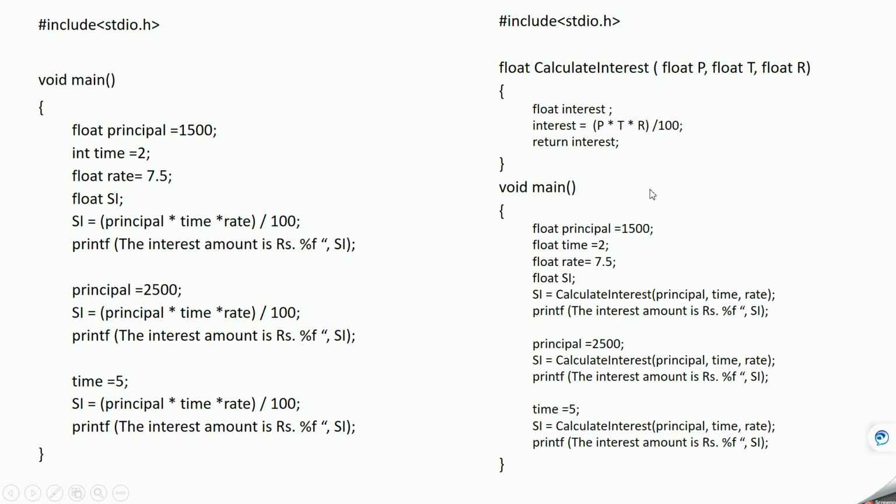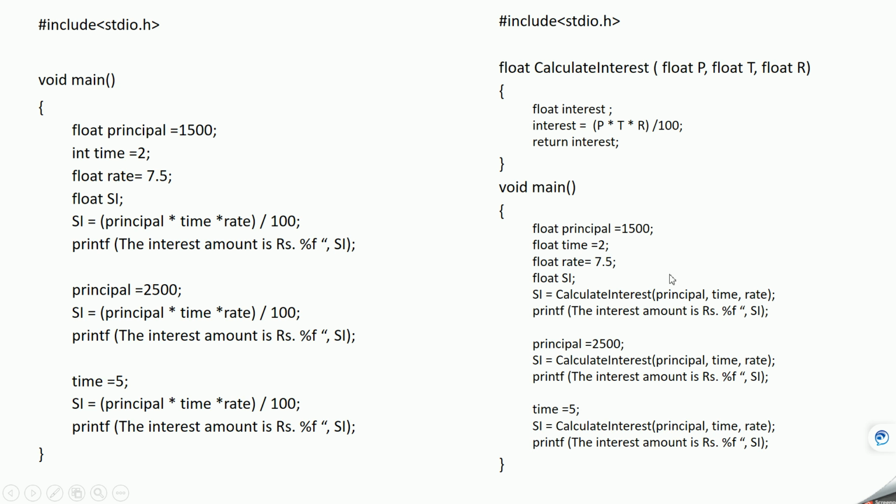There are two more concepts in function. One is called actual parameter, and another is called formal parameter. Actual parameter is what we pass when we call this function. This is called calling of the function. We are passing this principal, time, and rate.